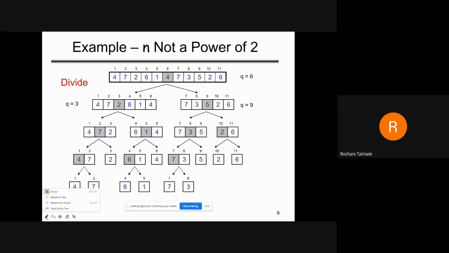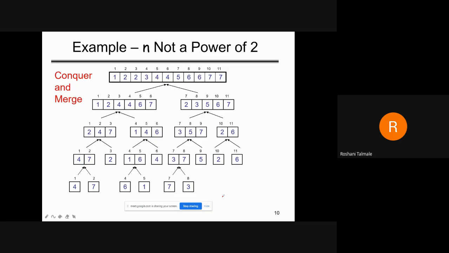In this case, the array elements are 1 to 11. So we will apply the divide: from which position you have to divide the array. So from the 6th position we will divide the array. Okay. So make this the first part and these the second subarray. Again we will divide at a position in this case, so make another third subarray. According to that, we will divide the array so that we are able to compare the single elements with another ones. So this is the divide procedure.